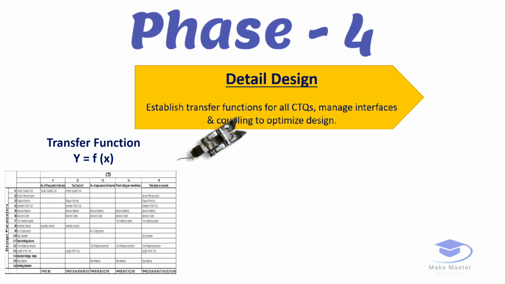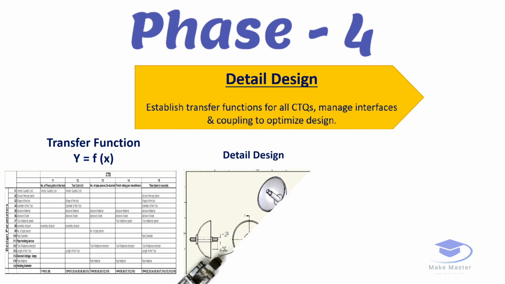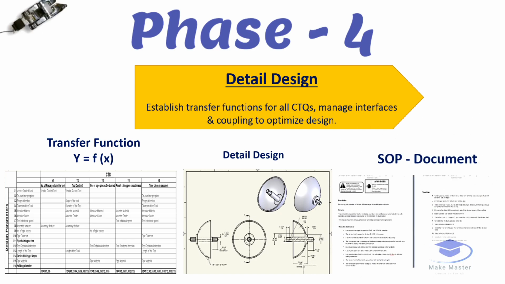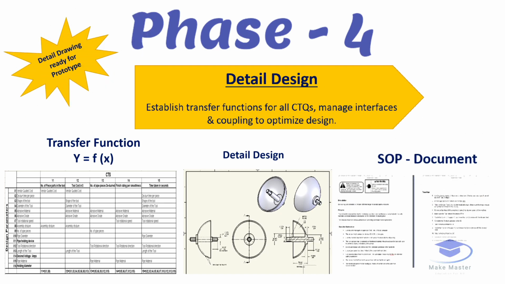Then moving into the detailed design drawing. Here we are doing the detailed design. That is, in the previous phase we saw the preliminary design, and now we are converting it into the detailed design with all dimensions mentioned on the drawings. All design parameters are brought into values and then made into the manufacturable drawing here. The next thing is we need to prepare the SOP, that is standard operating procedure.